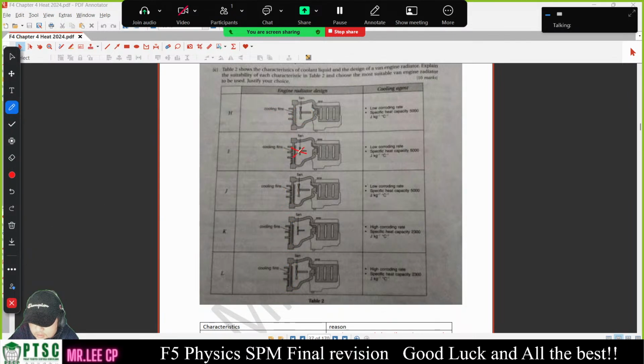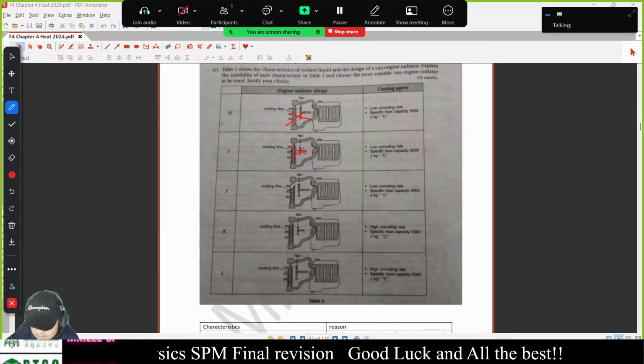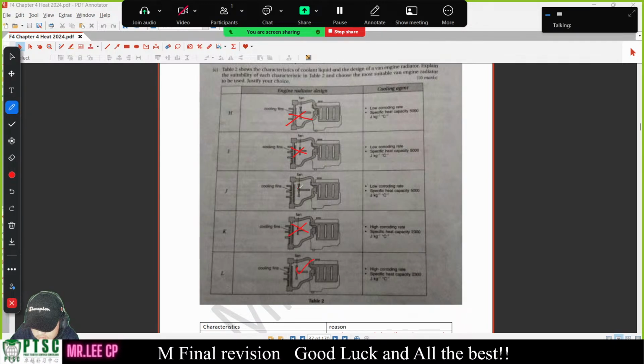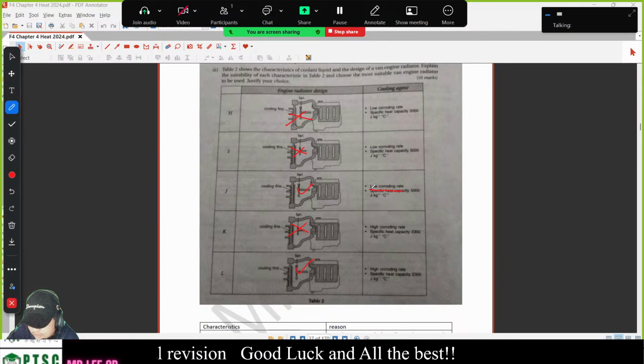This one is small, out. This one out. I mean the cooling fins out. So this one okay, this one okay. This one out, this one okay. So this one okay. Left J and L. Now we look at the low corroding rate and then